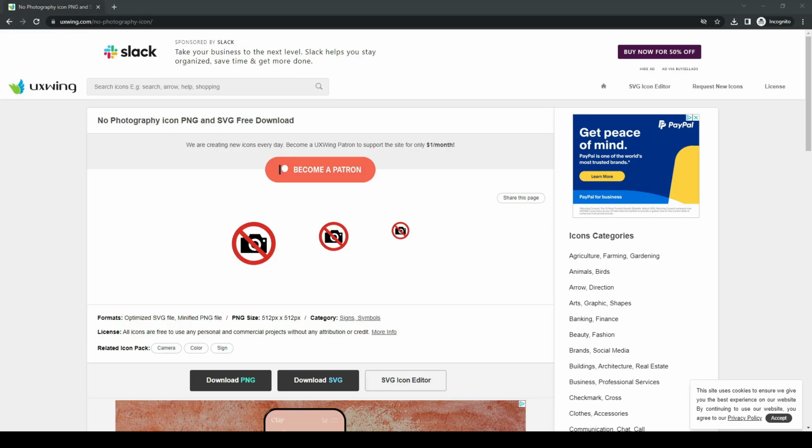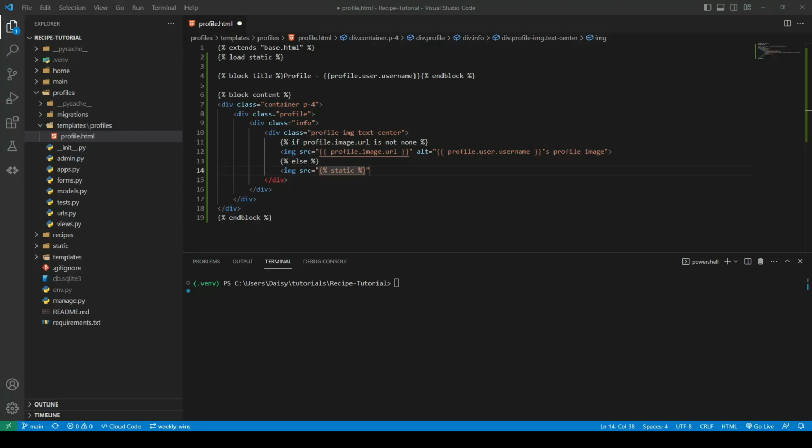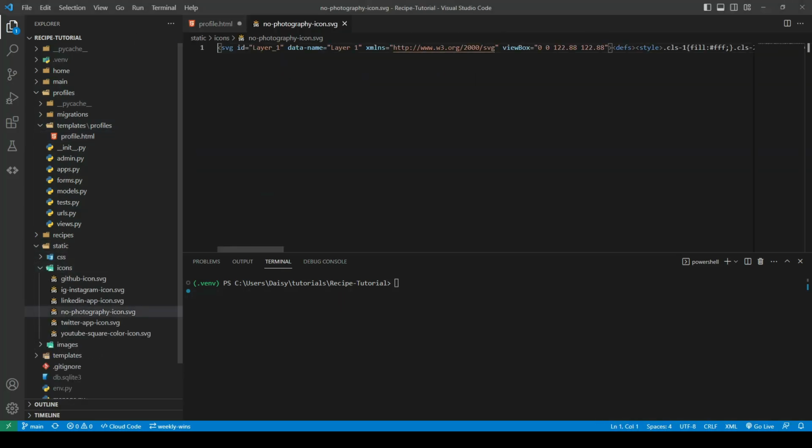So if you just download that and drop it into the folder, we'll use this. So find it in the downloads. We will drop that into our static icons folder,